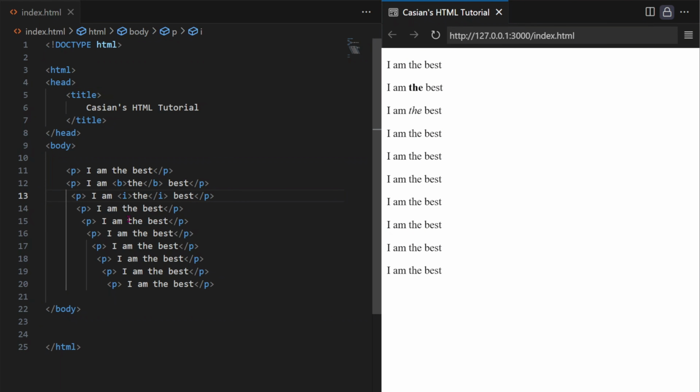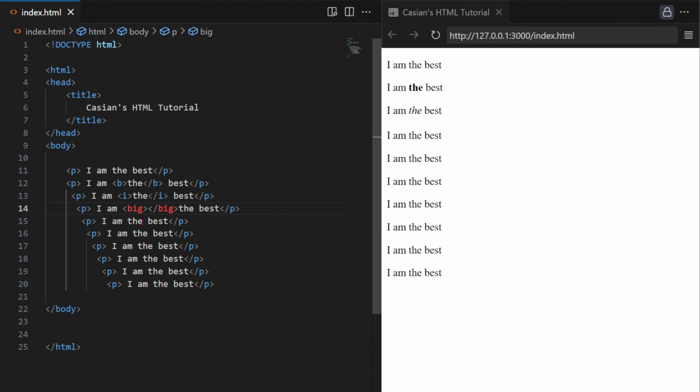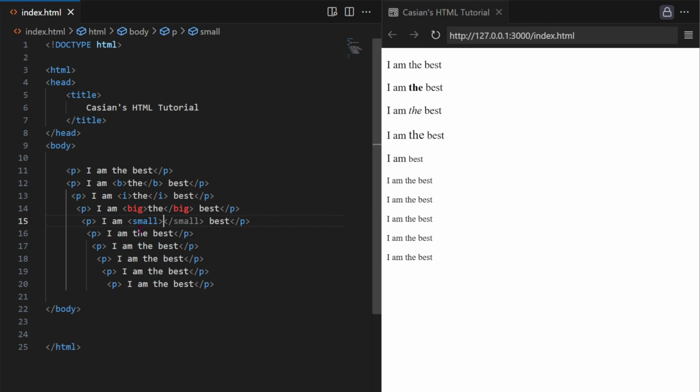And the next one is big, and basically it just makes it into the big format. So this one, and we can say the. It's red because that's just how the format is. Don't worry, nothing's wrong. And as you can see, it's in the big format. So next one is small, I'm pretty sure. So as the name suggests, it's literally small. And as you can see,